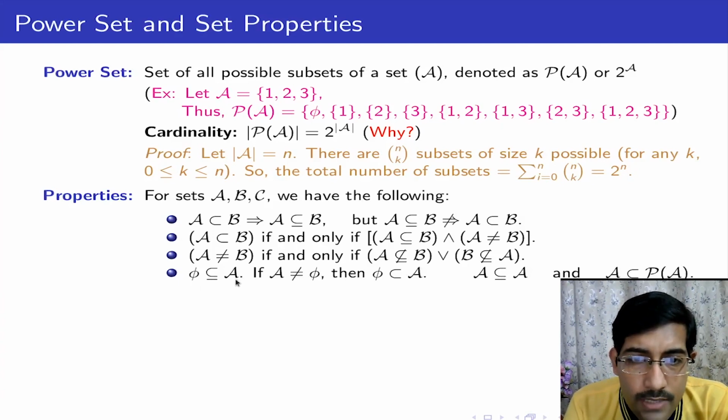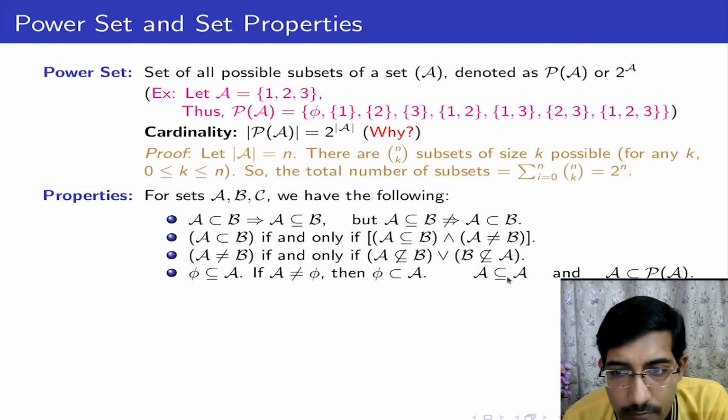The null set is obviously a subset of any set, and if a set is not empty, then the null set is obviously a proper subset of this set, because the set contains the null set, as well as the set is not null, meaning some extra elements are there. A particular set is also a subset of itself because they are equal, so this relation is anyway valid.